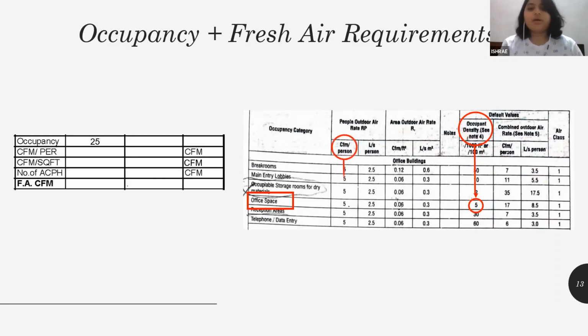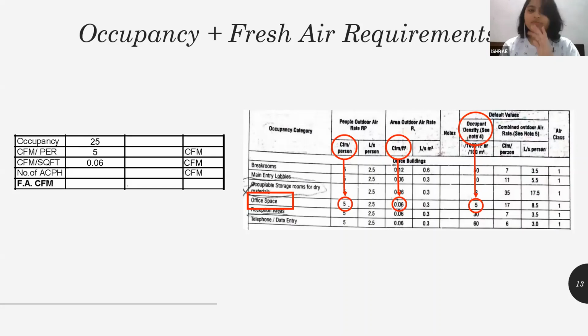Okay. Now, moving on, we need to calculate the CFM per person. We need to put the CFM per person and CFM per square feet as well for this particular area. Both we'll get from this chart. If you want to know the significance of the CFM per person and square feet, you'll have to go back to the previous session that Gaurang sir had conducted. He has explained it very well what the CFM per person and CFM per square feet stands for and its significance. Now, we got the occupancy, we got the CFM per person, and the CFM per square feet.